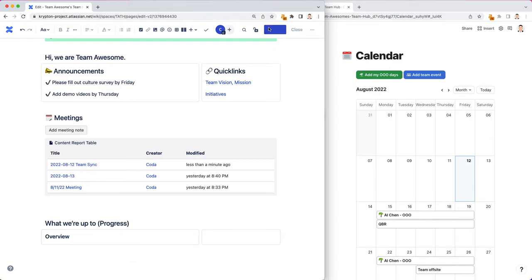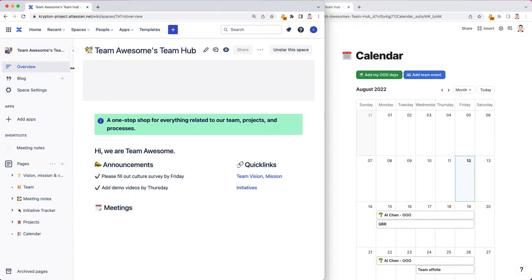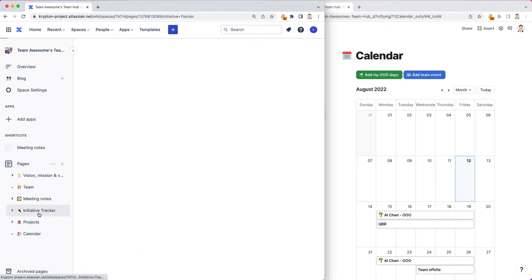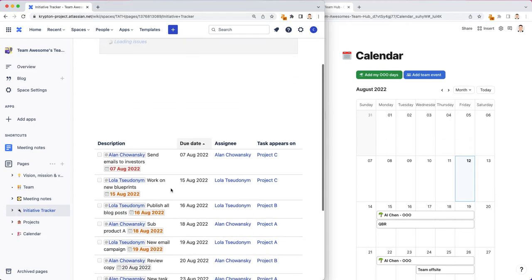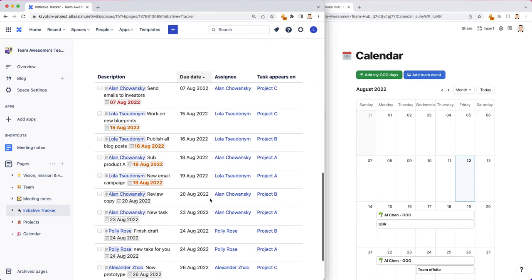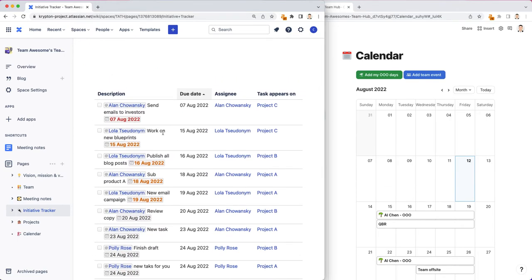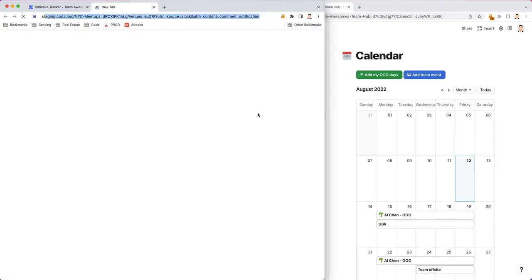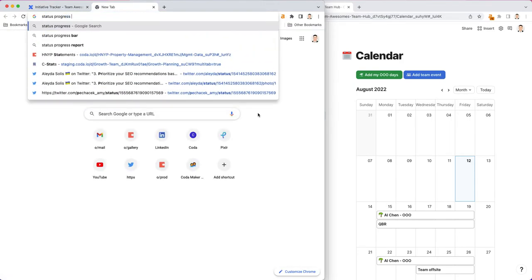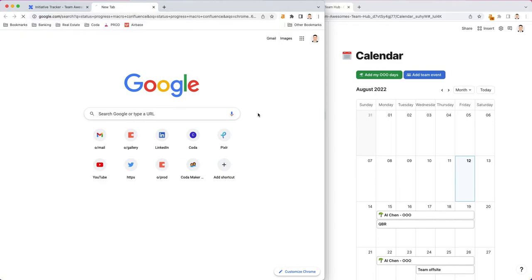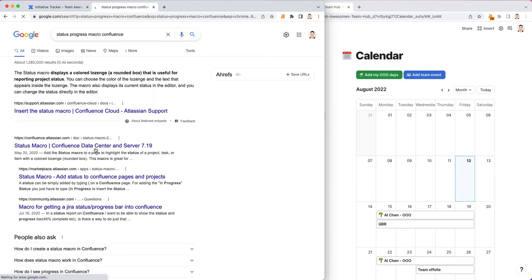If you recall, let's publish this again so I can go back to my team hub. If you recall, I have this initiative tracker where I have a bunch of initiatives here, and I want to be able to track how things are going on these different tasks. And the tricky thing here is we don't have a column for status. That requires a separate macro, the status progress macro in Confluence. I didn't actually add this to my